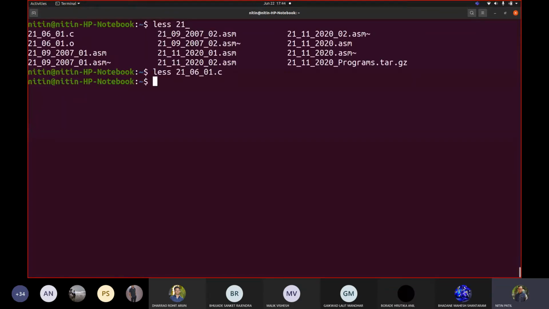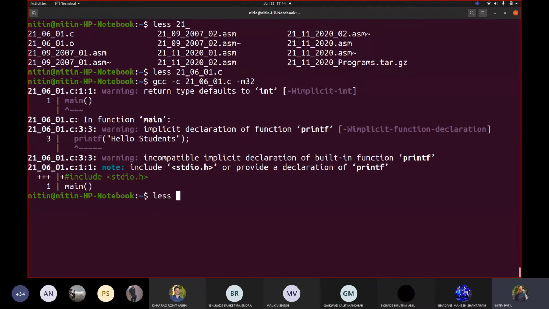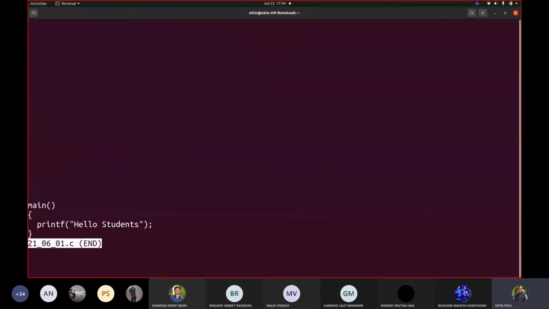Now when I generate assembly code for this, do I have any data element there? Any variable declared there? Have you seen any variable in the file? No, correct? See my code one more time. Is there any variable declared by me? Yes or no? No, sir.